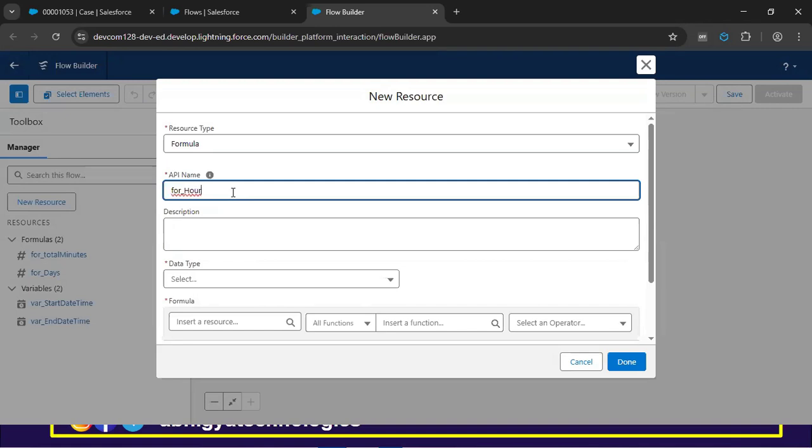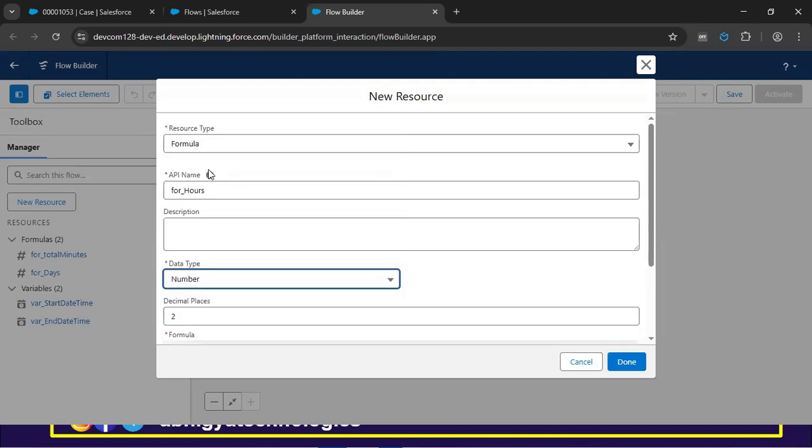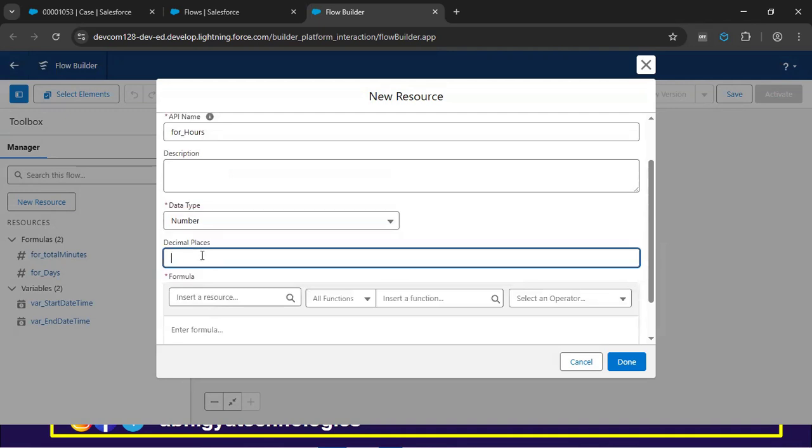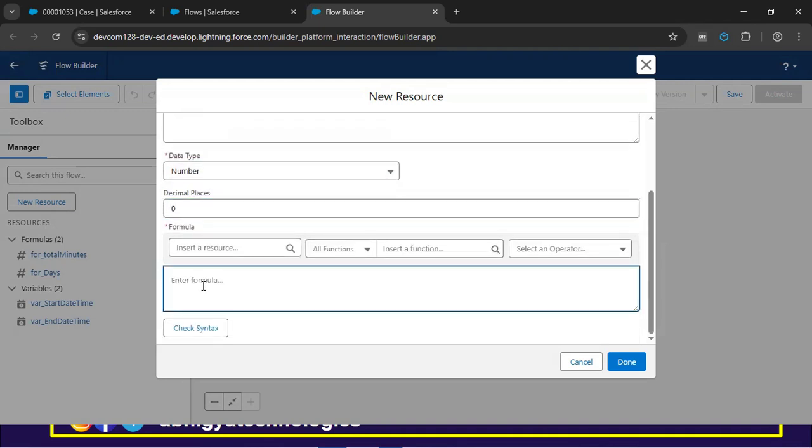So here we are going to calculate it by the hours. How many hours? This is also by the number data type. We are going to take it by the 0. So this is also for the floor, and we can mod if any decimals is coming. So we can mod off